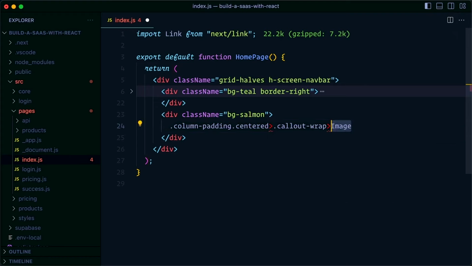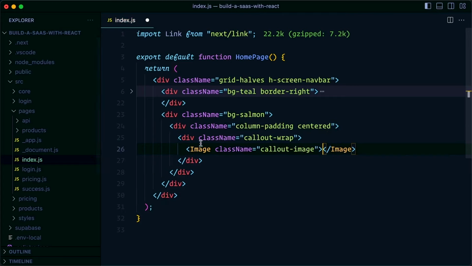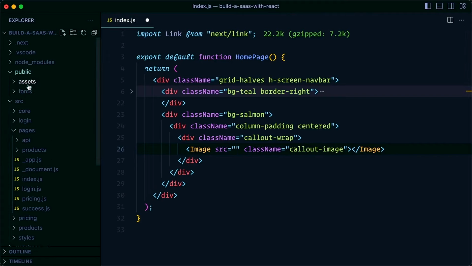This is going to be Image spelled out like this, because this is coming from next/image. It's a custom image component, and we're going to give it the class name callout image. And we can expand all that. And of course, we could use a regular image here, but we'll see the benefit of using a special next image. Right now we just need to give it a source,